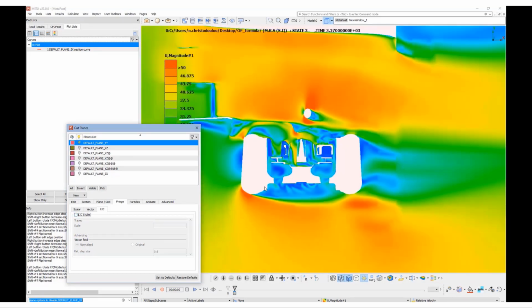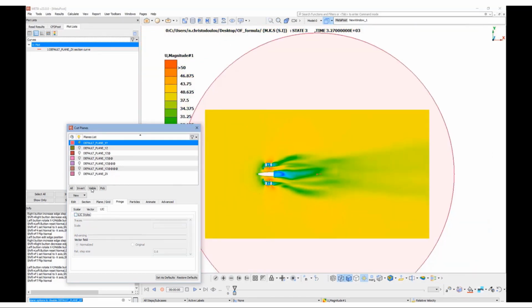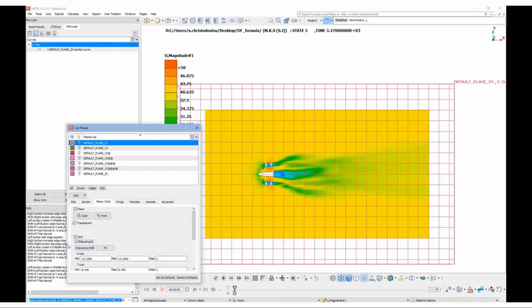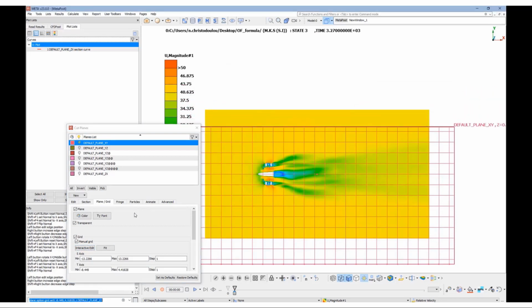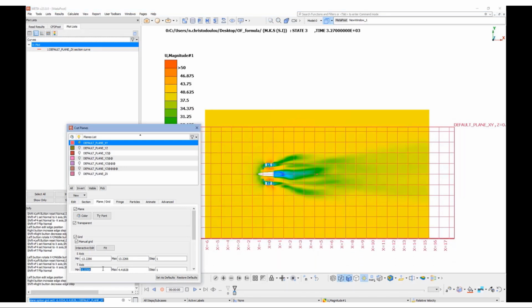But there's a trick that we can do in order to save some memory, and this is to make a finite plane. So we will activate the grid again, change the boundaries of the cut plane, and activate the flag that says that from now on this should be a finite plane.